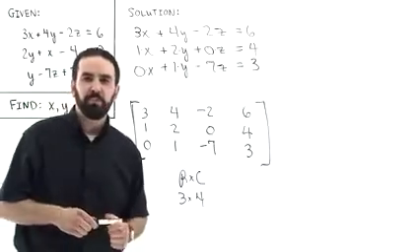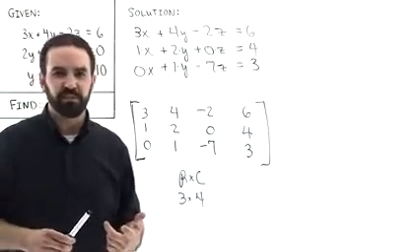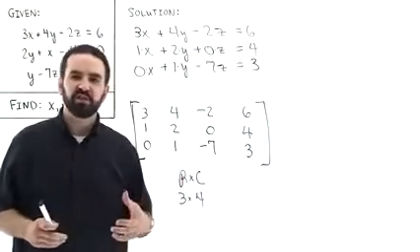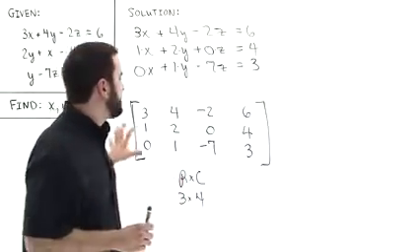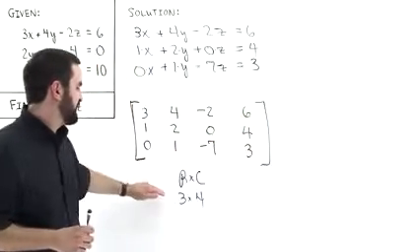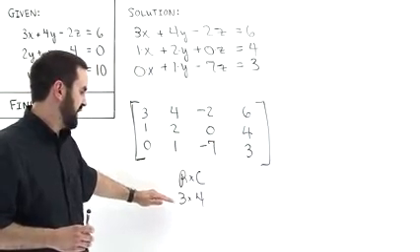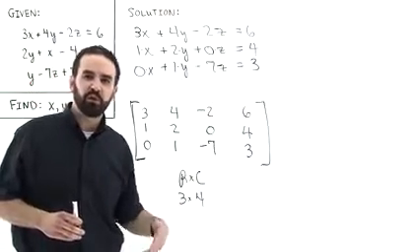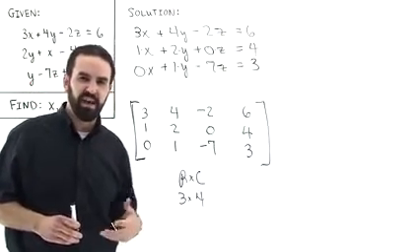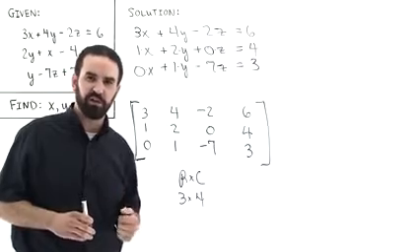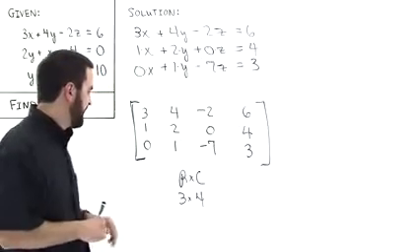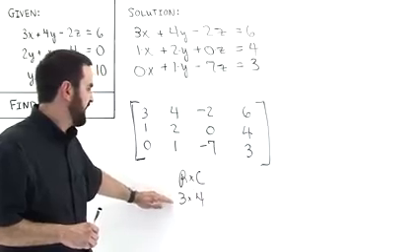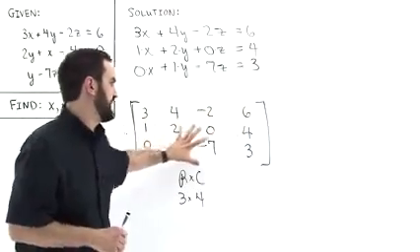Okay, now we're going to use our calculator to solve this system of equations, to solve this matrix. And you go into your matrix editor and you input these values into this matrix. So the first thing you do is you tell your calculator how many rows and how many columns. And you can see the tutorial below this tutorial on this page of how to use your calculator to access your matrix editor. So you access your matrix editor, you input the number of rows and the number of columns, then you fill up the matrix with these